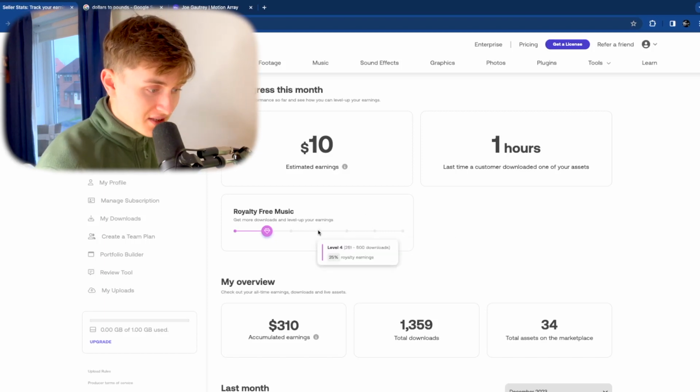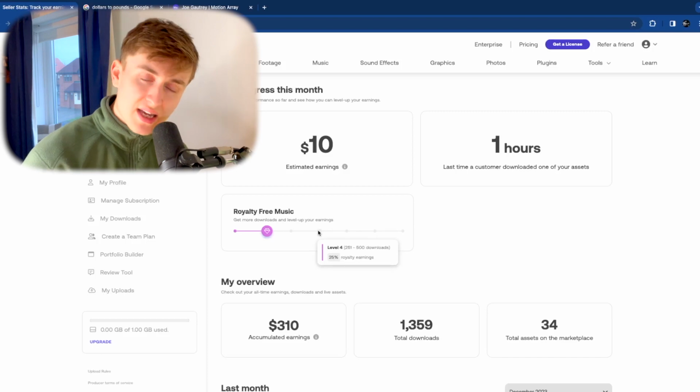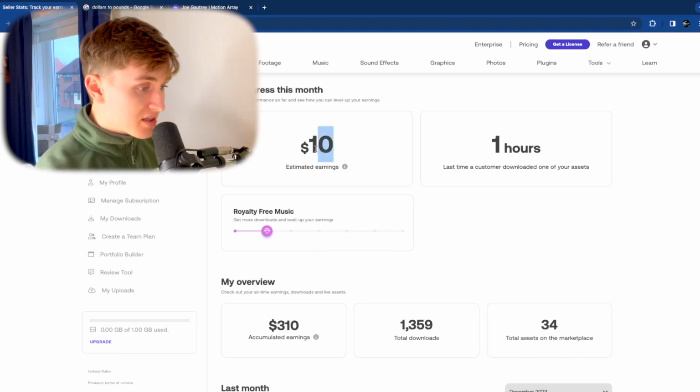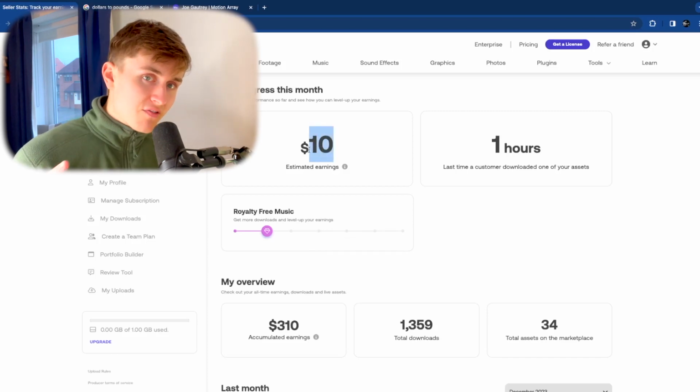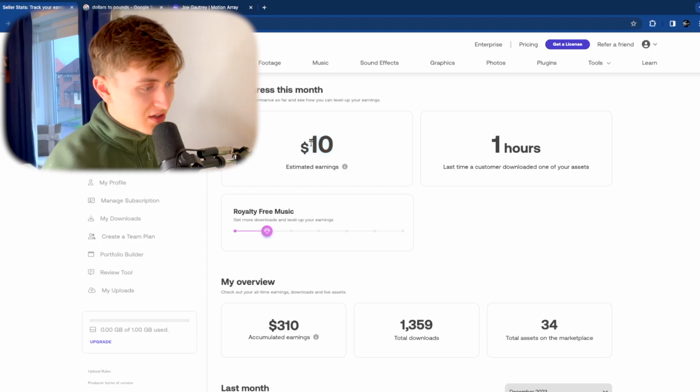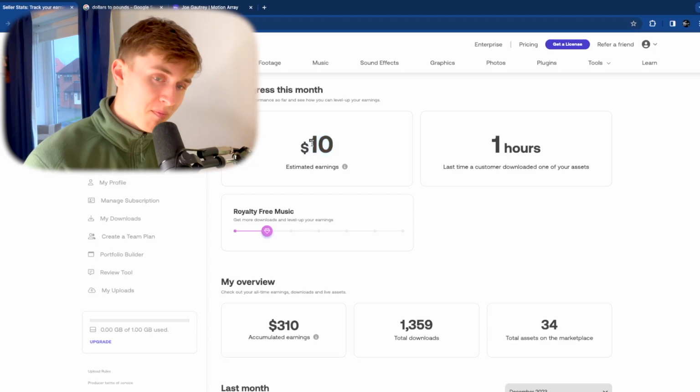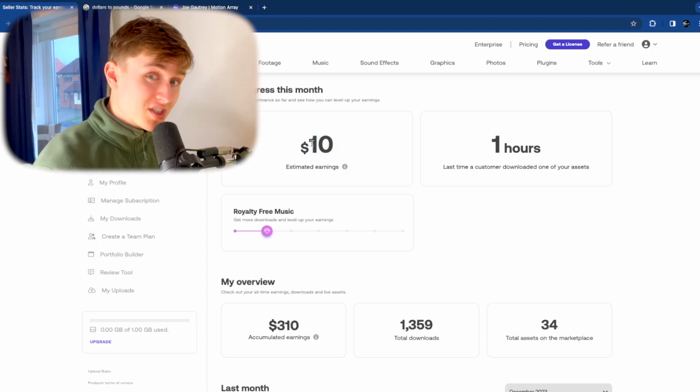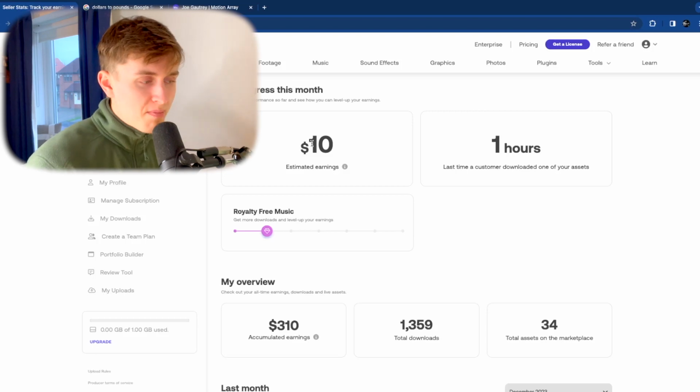Now, you might be wondering how hard is it to actually go up these rankings? Well, most months I tend to get to level 4 at the very least, where you get the 25%, and the amount of earnings does start to skyrocket. So it's a little bit disheartening for the first part of the month because you get stuck in this really low figure and you think it's not going to go up, but then towards the end of the month it does.